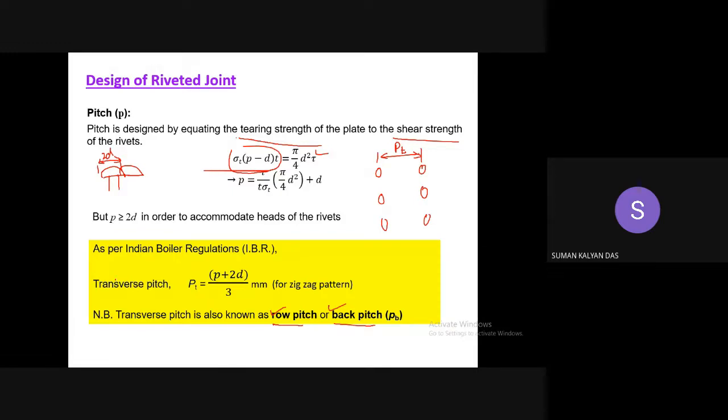কারণ এটা উইথ এক্সপেরিয়েন্স ইট হ্যাজ, তার মানে হ্যাঁ বলো। তার মানে স্যার এটা একমাত্র ওই বয়লারের ক্ষেত্রেই প্রযোজ্য হবে, এই ফর্মুলাটা ট্রান্সভার্স পিচে? বয়লারের ক্ষেত্রেই প্রযোজ্য হবে, কিন্তু বয়লারেই যেহেতু রিভেটেড জয়েন্টটা প্রাইমারিলি ইউজ হতো একসময়, তো দেখা যায় যে এই বয়লারের আইবিআর বা বয়লার রেগুলেশনস এর যে রুলস আছে সেগুলো ফলো করলে অন্য জায়গাতেও যদি ফলো করা হয়, ইট ইজ নট এ হার্ম, মানে ওটা খুব খারাপ রেজাল্ট দেয় না।